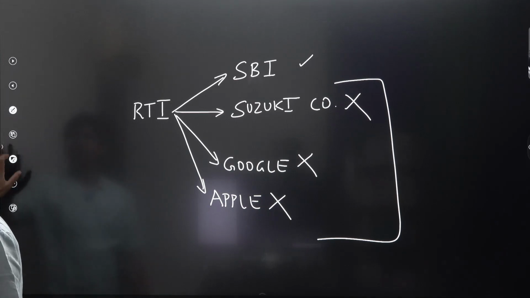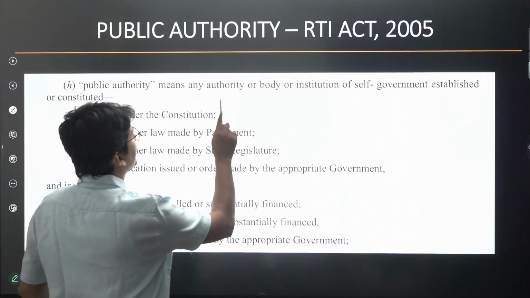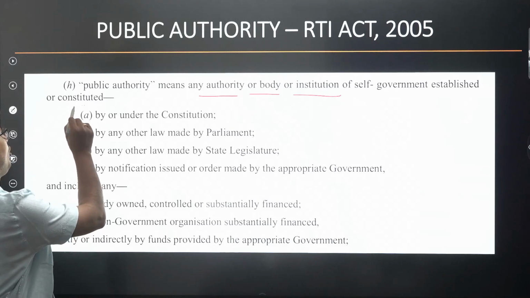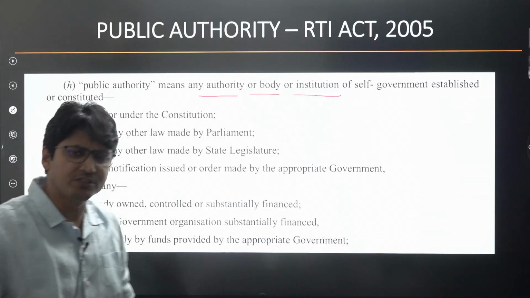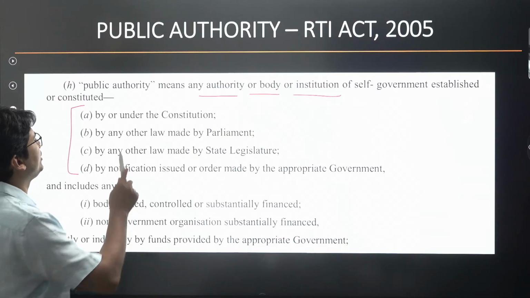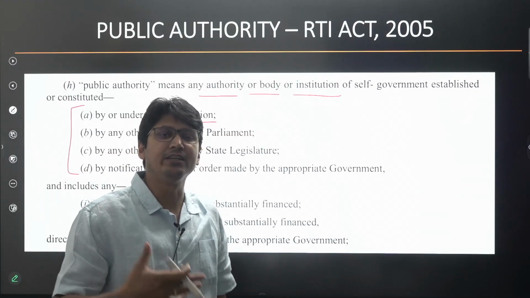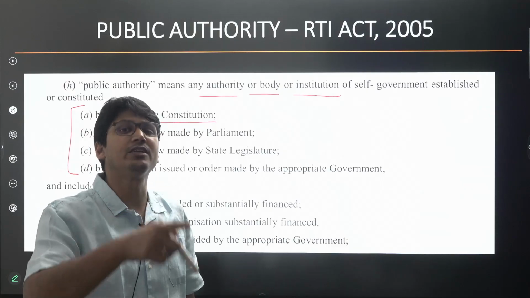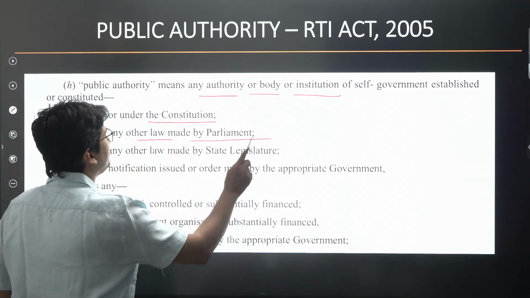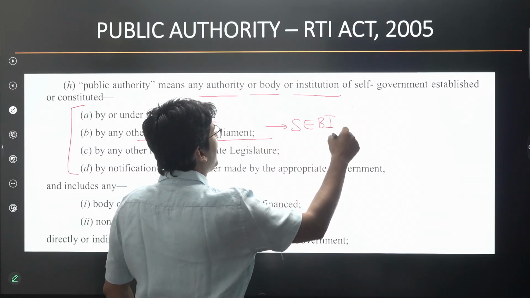So what is public authority under RTI? It says public authority means any authority or body or institution of self-government established or constituted. See, almost similar provisions as compared to state under Article 12. So established or constituted by or under the Constitution. So any body, any agency, any institution constituted under the Constitution is a public authority under RTI Act. By any other law made by Parliament, let's say Parliament made SEBI, Securities and Exchange Board of India, Parliament made